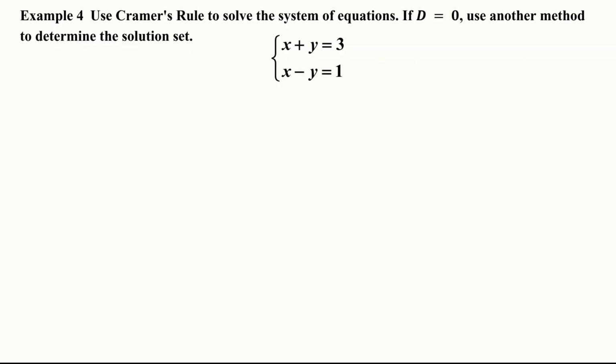Okay, so here we're going to solve this system using Cramer's rule. It's a system of two equations and two unknowns. So we are in the right format. We always want to check for that. First, x and y on the left side and a constant on the right side. X and y terms on the left side, constant on the right side in both equations. So here we go. So for x,